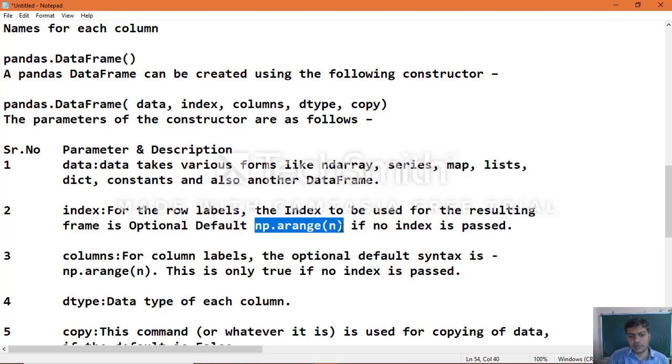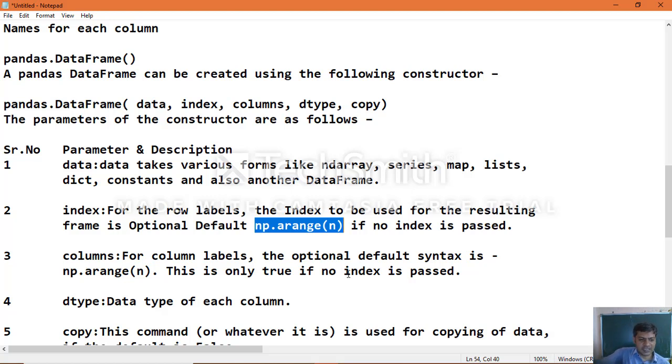If no index is passed, which means no index is specified, then by default it takes the numpy arange function, that is 0, 1, 2, 3, 4, numeric values, and assigns them as label indexes. That is how the index parameter works in the DataFrame constructor. Then columns, for column labels, which is also optional by default.